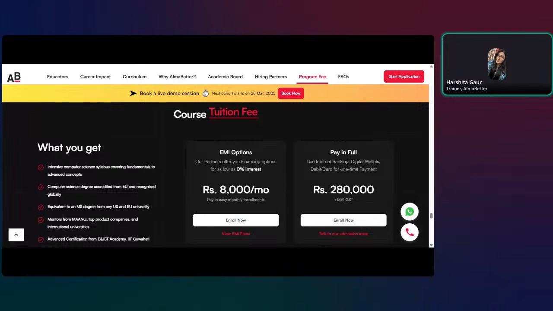And second, you are also going to get 90 credit points here, which will benefit you in future if you're moving abroad for a job opportunity. This degree is valid in India and 60 other countries as well. Okay. With this degree you will also get certification from IIT Guwahati, plus certification from Alma Beta, plus certification from Microsoft Azure AI. So the total charges we are charging you here for the master's is 2,80,000 plus GST. Okay, so this is the complete charges we are offering you.